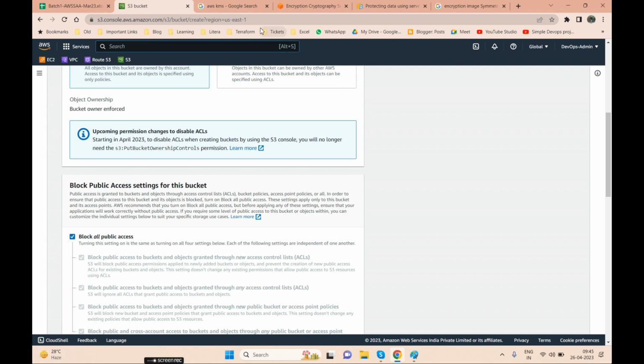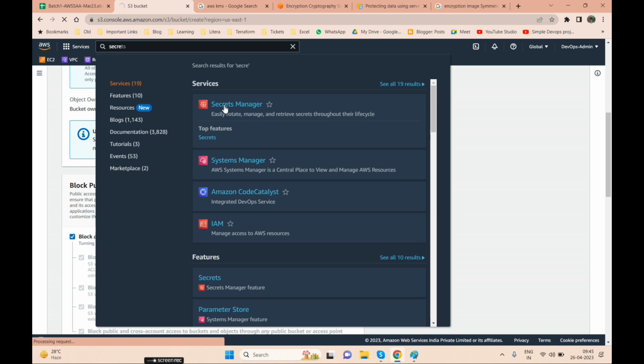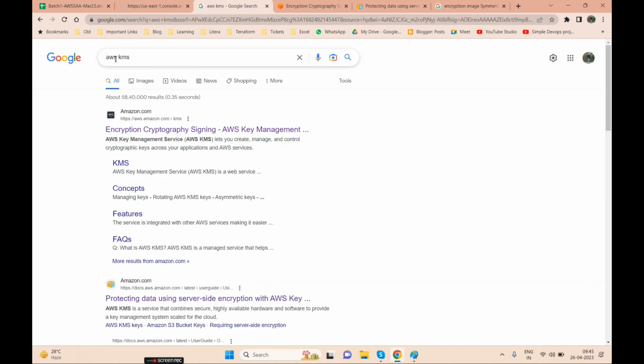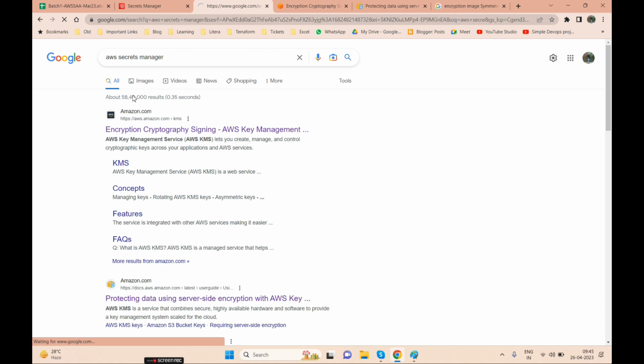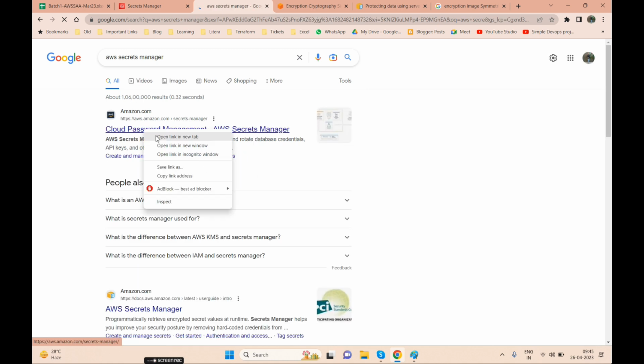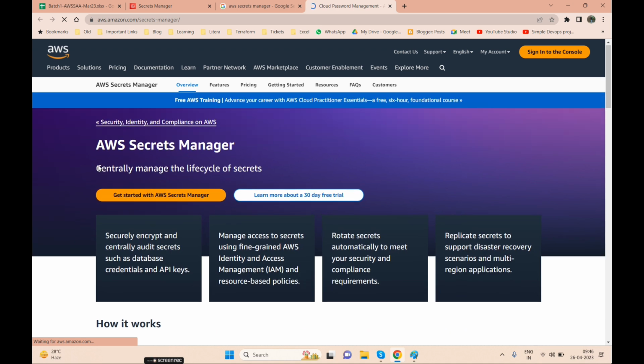Now the next service is Secrets Manager. The difference between Secrets Manager and KMS is that KMS is only for the keys, and Secrets Manager is for the passwords.